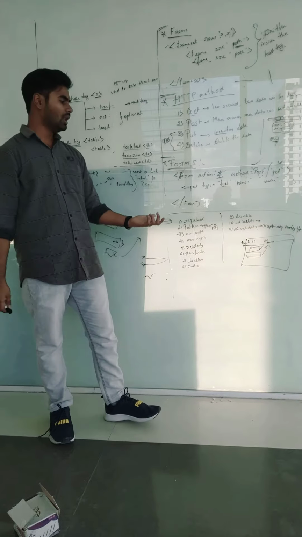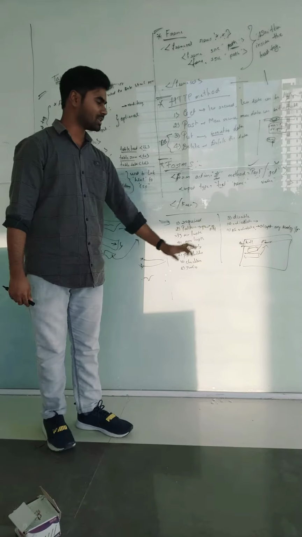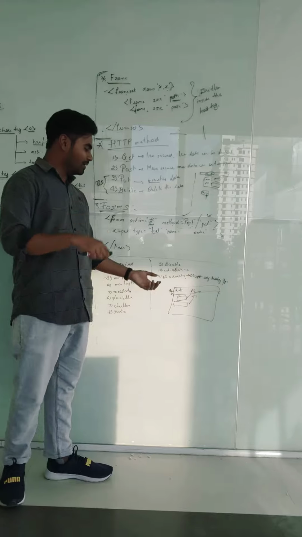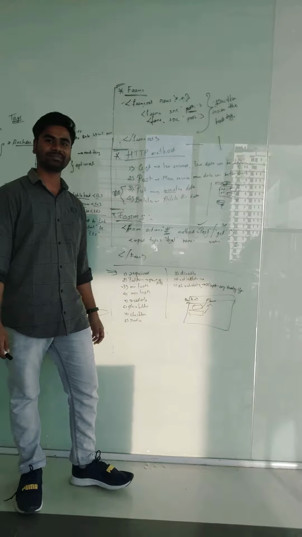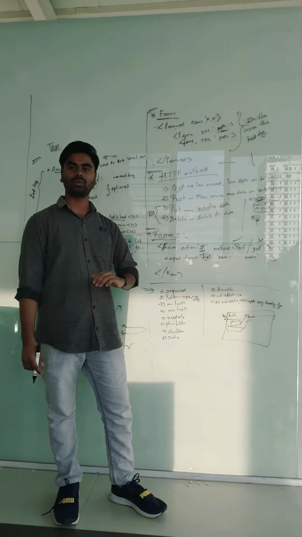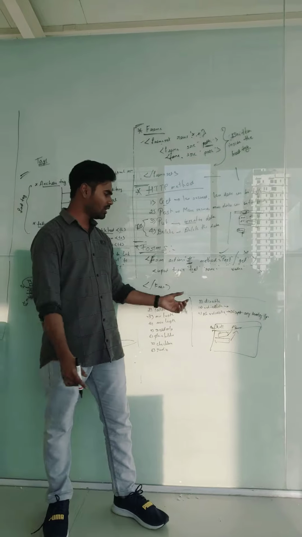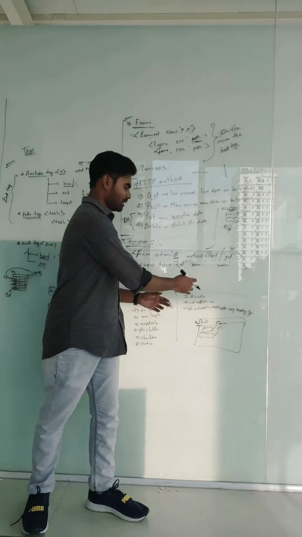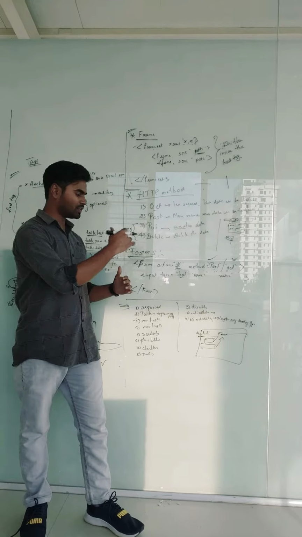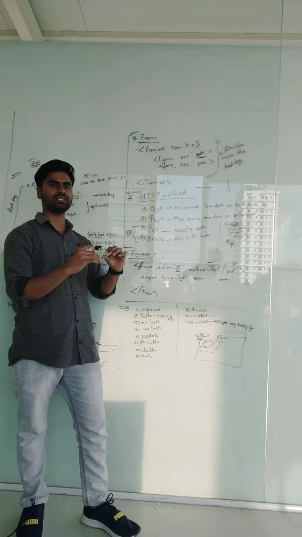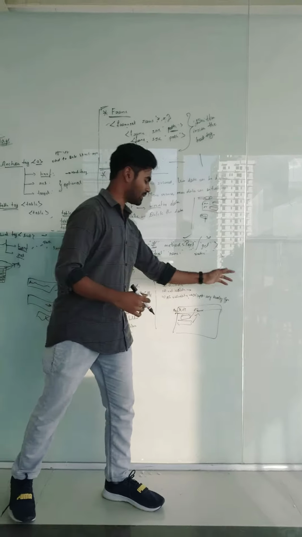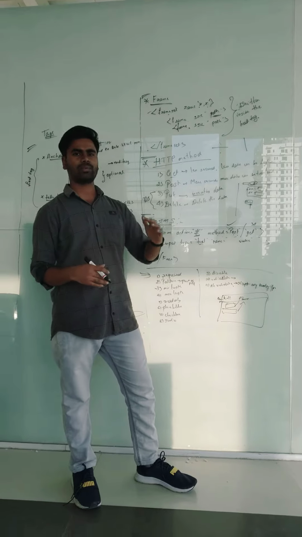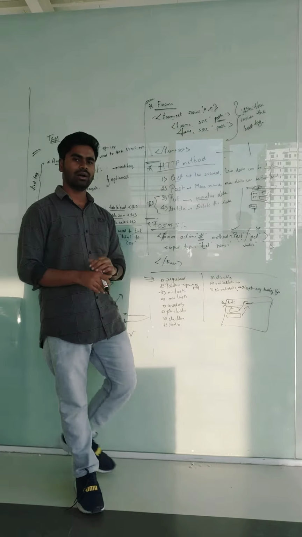Disable: by using disable, the data will be disabled. With disable we can't change the name. We can't change the validation. We will check that all is perfect, and only then does it go to the other page. In novalidate, without checking all these processes, it directly goes to the other page. Thank you.